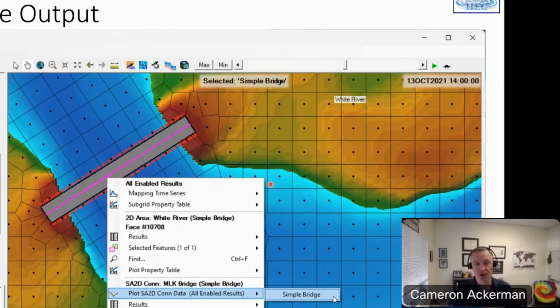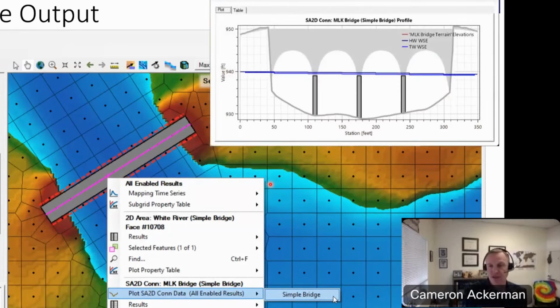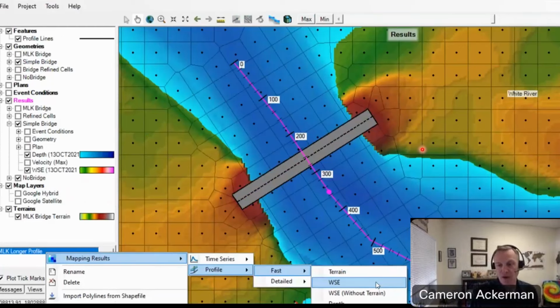If you want to do something a little more spatial, a little more visual, from RAS Mapper, you can plot bridges. And so Anton has added the ability to plot the bridge deck and then the headwater and tailwater water surfaces. We've also got the ability to use profile lines. So here I've got a profile line that is running longitudinal to my system. And so I can right click on that line or come over to the profile lines portion of the RAS Mapper